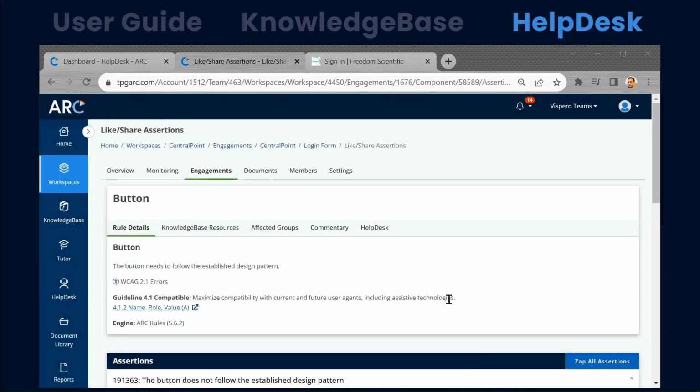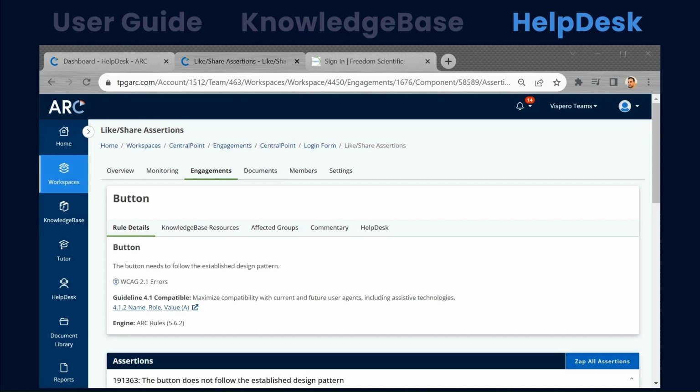Your engagement may also come with a help desk subscription to get further support during your remediation. You might file a ticket for help locating an element, reproducing an error, or for questions about the remediation guidance. Now, feel empowered to use help desk however it works best for your team. If your engineers want to stage a call about the issue, ask for that in the ticket. The help desk is very much your time.